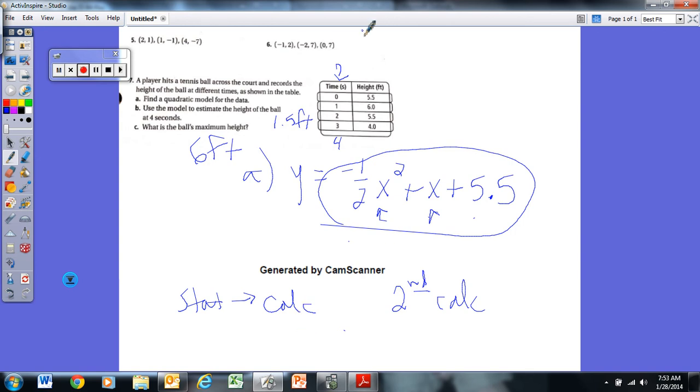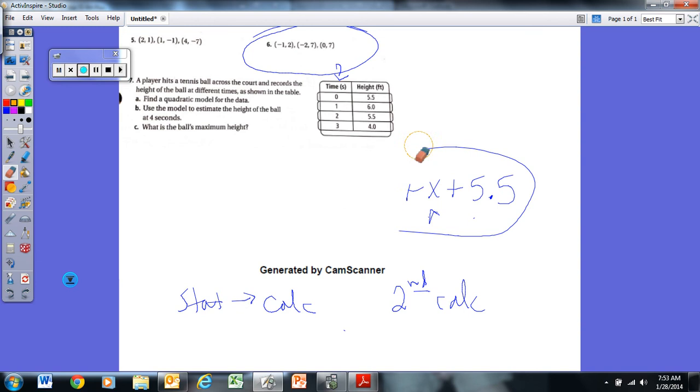I think on the first video I went through how to find a, b, and c given the 3 points. I'm going to do it again just to be careful. Actually, no. I'm sure I already did that, so I'm not going to do that again. The only thing I want to review now is the difference between